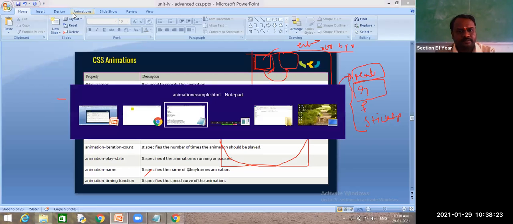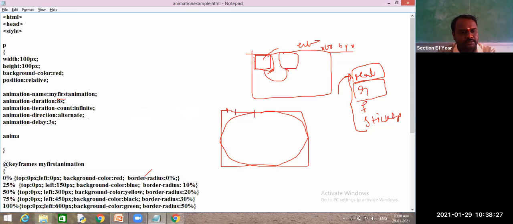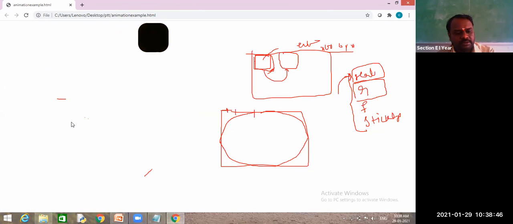For that, we have the animation timing function. If I change this to linear, L-I-N-E-A-R, then see, observe one thing.